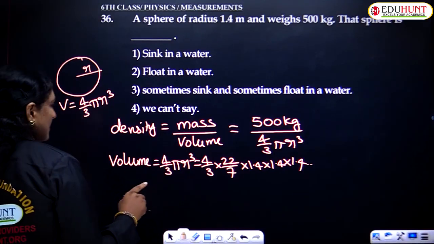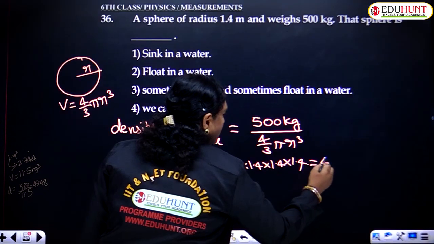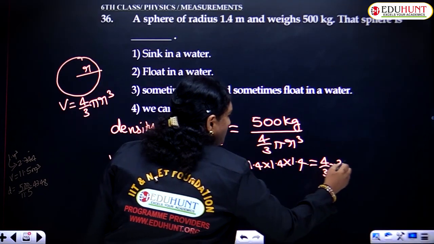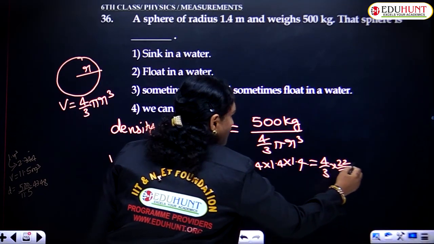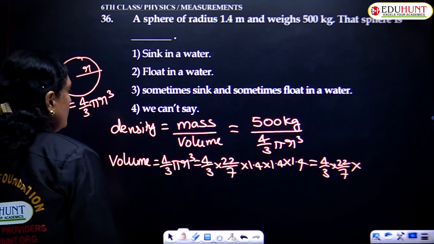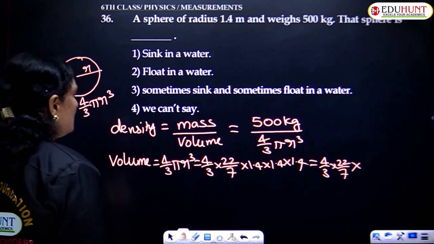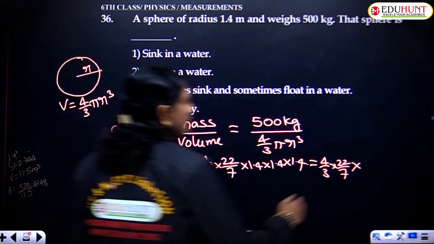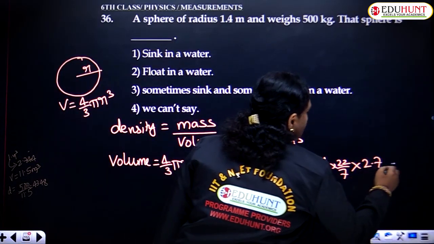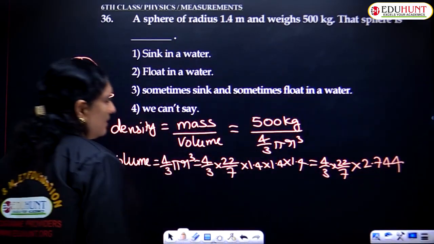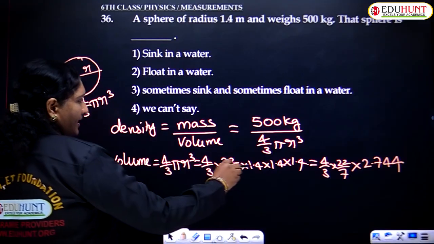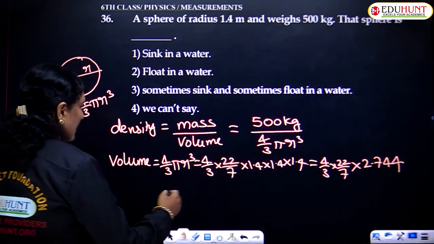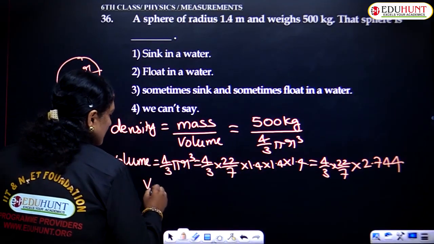Yes, 1.4 cube is 2.744. Okay. So after simplification, you will be getting the value as, so volume of the sphere is found to be